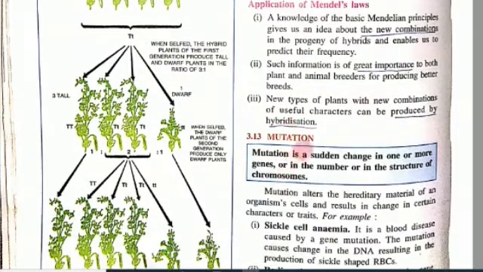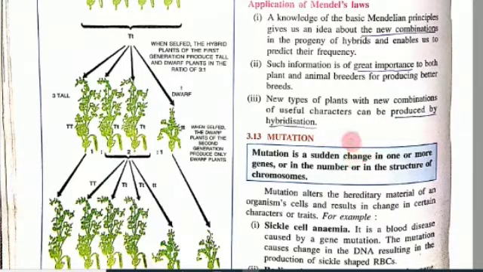Next comes mutation. Mutation is a sudden heritable change. It is of two types, natural and artificial. Natural means our solar system consists of two types of rays, visible and invisible. Visible rays are from meteors, and invisible rays are X-ray, alpha ray, UV ray, gamma ray, delta ray. These rays are blocked with the help of the ozone layer.